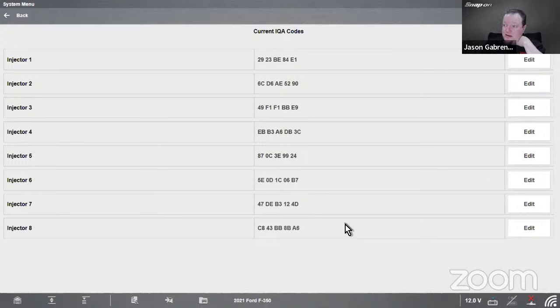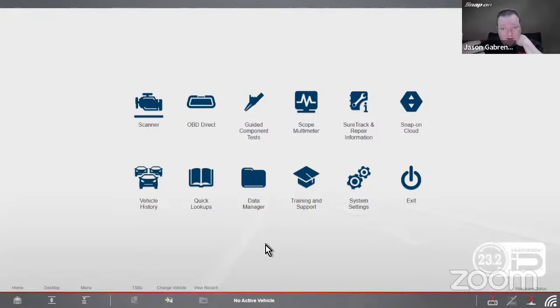So easy enough to do, but if you do not do it, it can cause drivability problems with the injector. It can cause overcharging problems, let's say the battery. A whole litany of different problems can be caused by not doing this coding after the fact, after I'm done. Now, as I said, this is a little bit of a shorter class this week because really